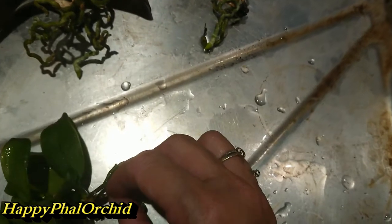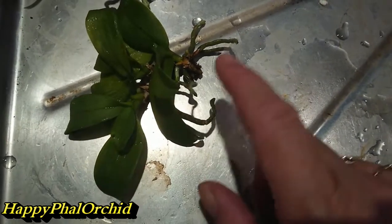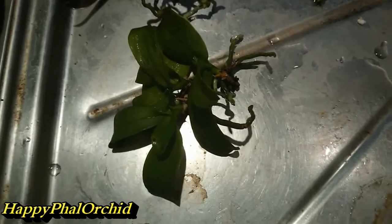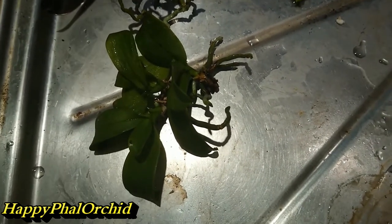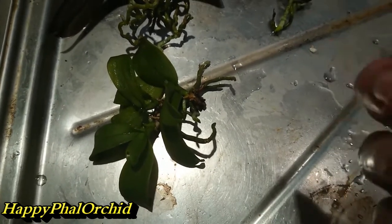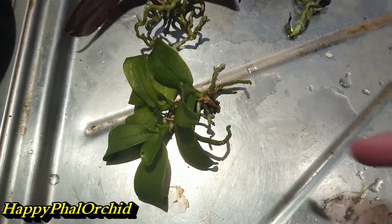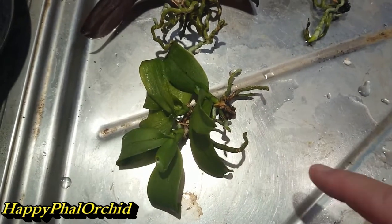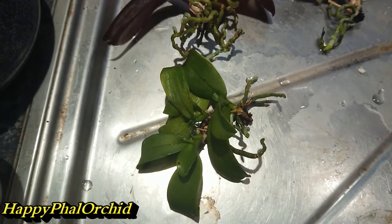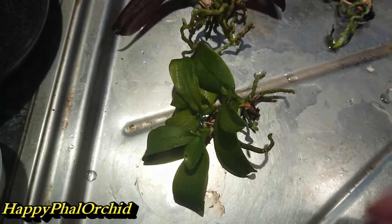I mean, obviously I don't expect anything new out of these for a long while, because I only bought those this year. And that was to replace my number one. They looked very good until I went to repot them, and then the mass in the middle was absolutely soaking wet, which is why all this type of rot is there, I think. But it's all stopped, so I'm going to leave it now and keep them in the bare root experiment and see if I can get them to grow some more roots, because once he's got more roots,